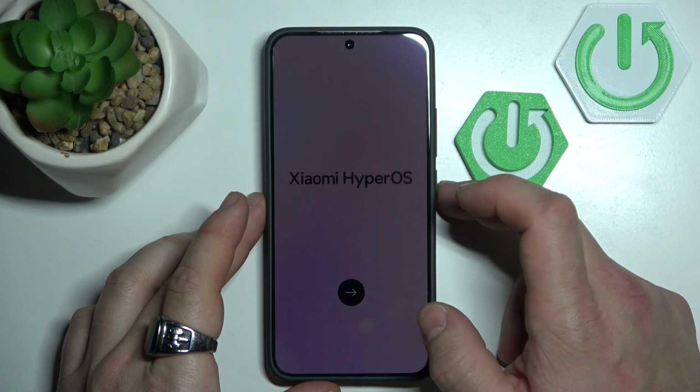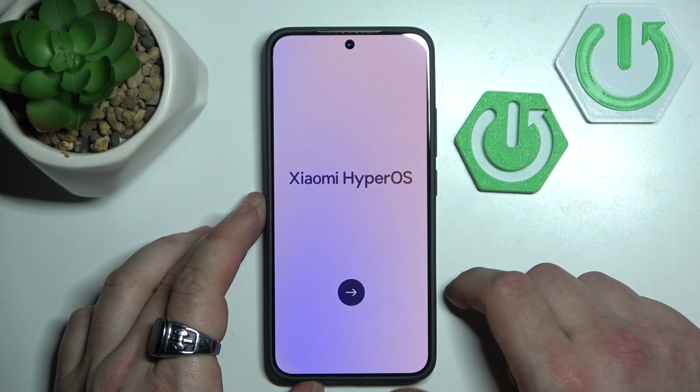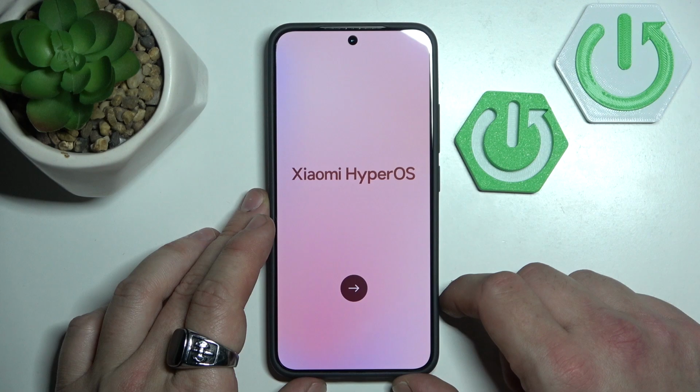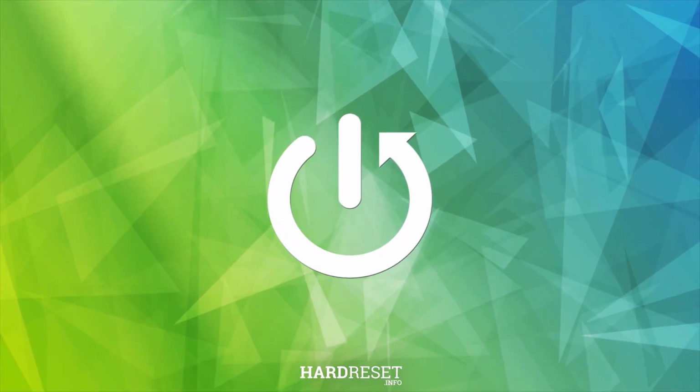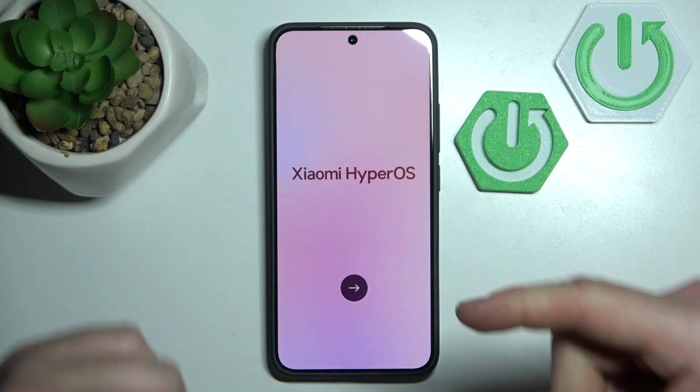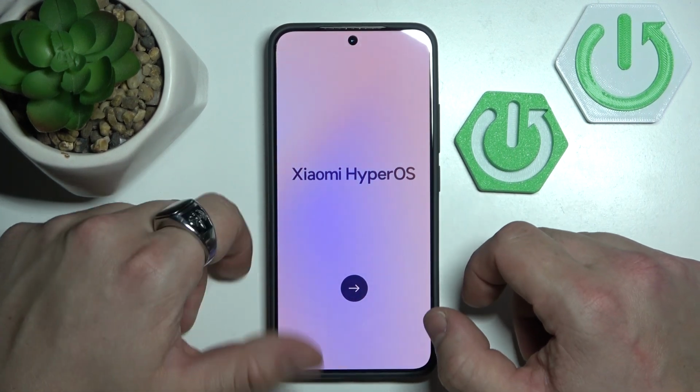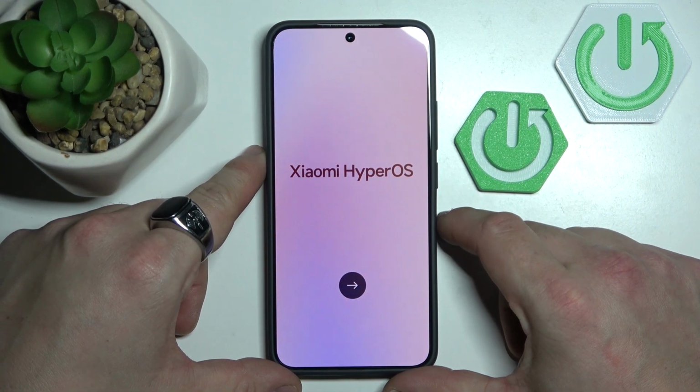Hello, in front of me I've got Xiaomi 15 Pro. In this video I'll show you first setup of this smartphone. As you can see, the smartphone has been already reset, and now we are going to proceed with the first